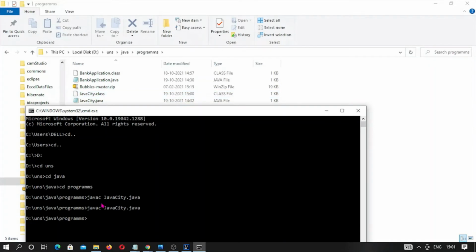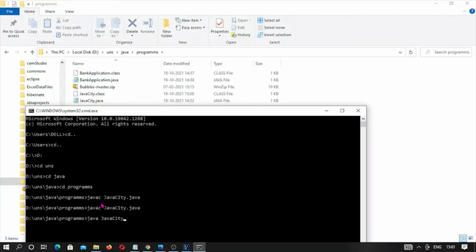For that we have to write the command java, and the file name which appears here, java city. Here we don't need to write the extension, because this file was made by the Java compiler itself, so there is no need to give the extension. And this command java will again call java.exe,